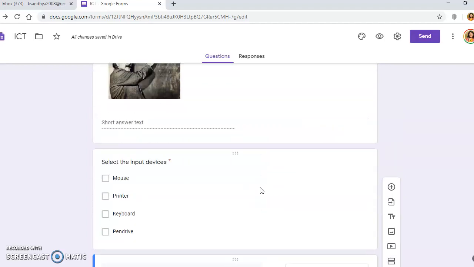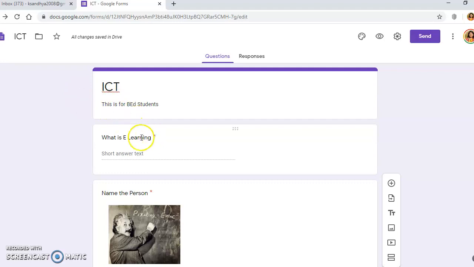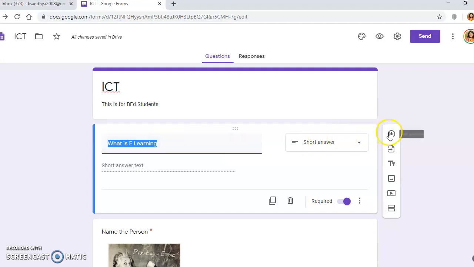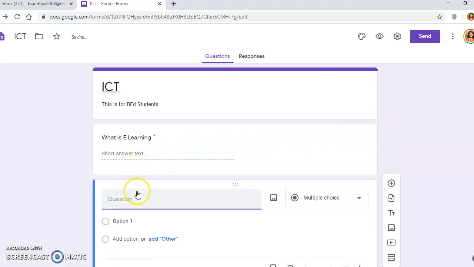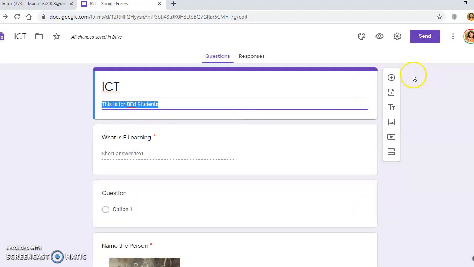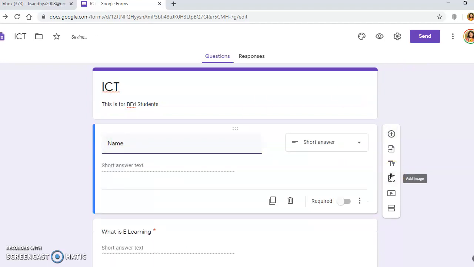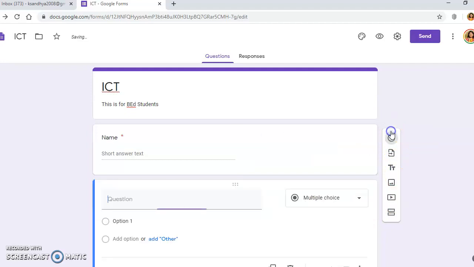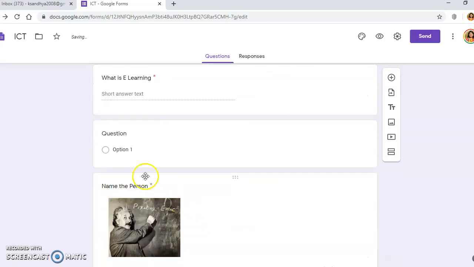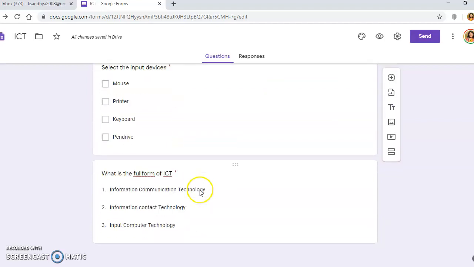So let me check. You can have many more questions. So here I want to add the name of the student, for example. So I'll go to this question. I'll add, or you can add here, name of the student. So name, again short answer will be there, and required option, and I want the email of the student, email address. If you want, you can add contact number and any other information if you want.